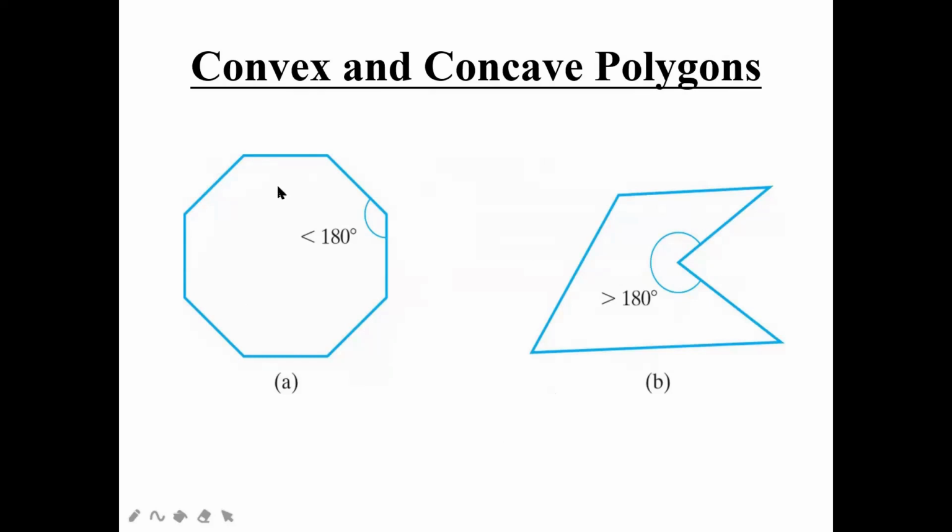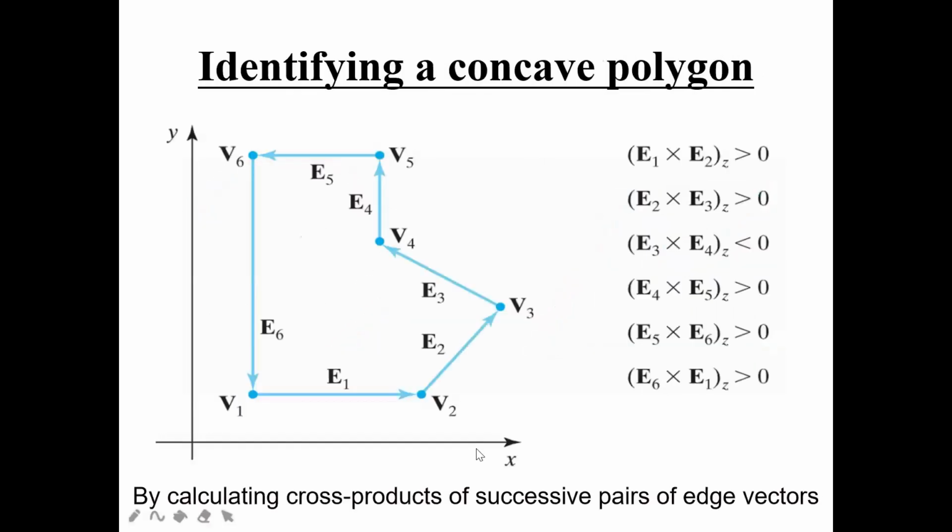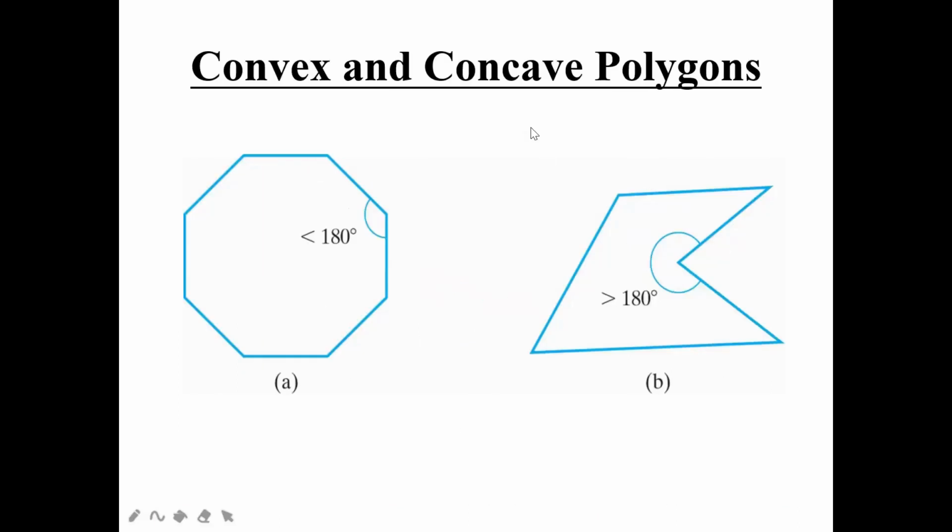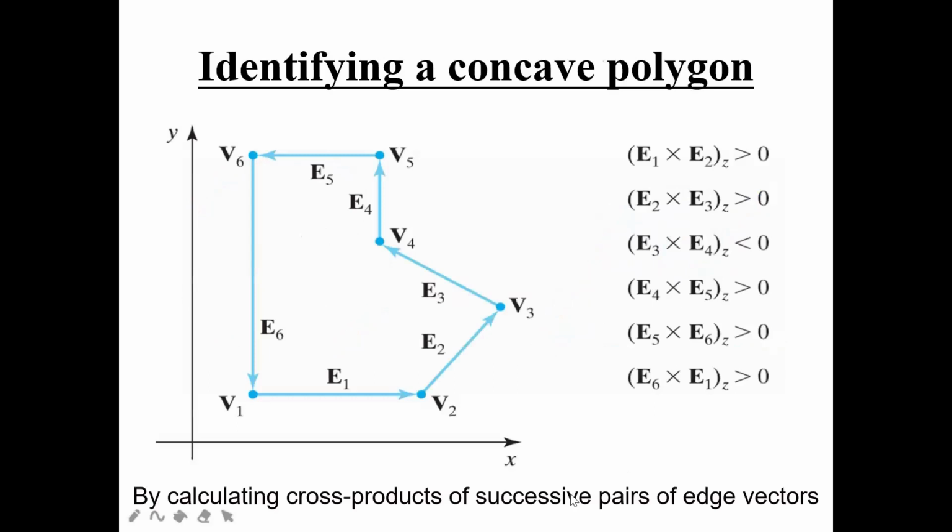Here is one example where the interior angle is less than 180 degrees. It means that it is a convex polygon. Okay. Here you can see the concave polygon, where the interior angle is greater than 180 degrees. As it is greater than 180 degrees, even though it is inside, we still cannot call it a convex polygon. It will be a concave polygon. Okay. So this is the way of knowing convex and concave polygons.